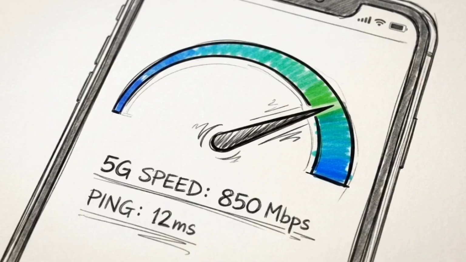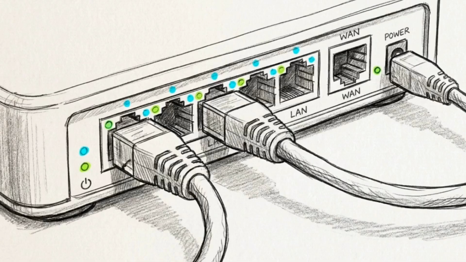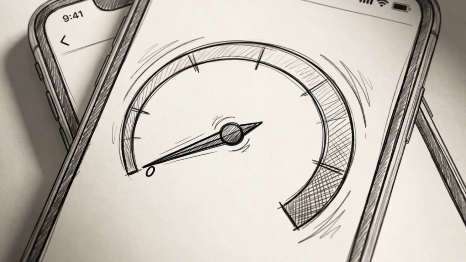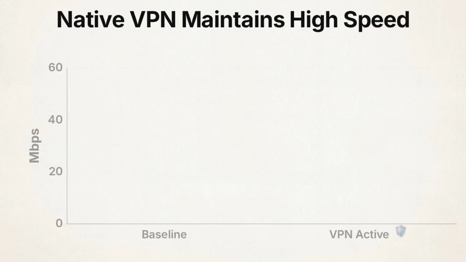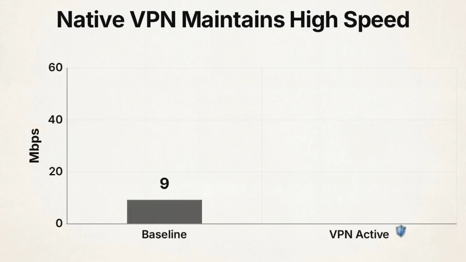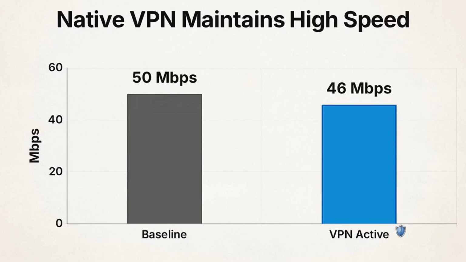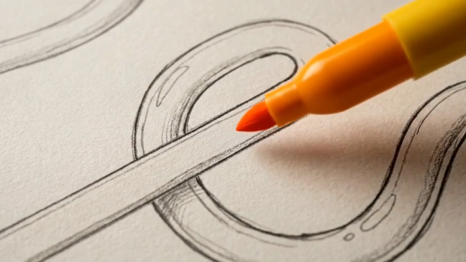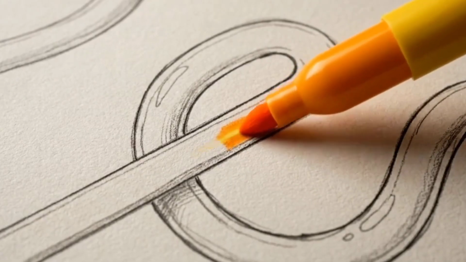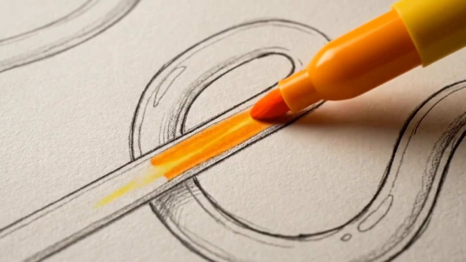Now that the connection is established, we need to verify its performance using an independent speed test application. On this specific network, the base internet speed clocks in at a steady 50 megabits per second. This gives us a baseline expectation for the test. This chart shows the direct speed comparison. The baseline sits at 50 megabits, and right next to it, the active VPN test holds strong at around 46 megabits per second. This demonstrates that the connection retains an exceptionally high data transfer rate, even when routing securely through